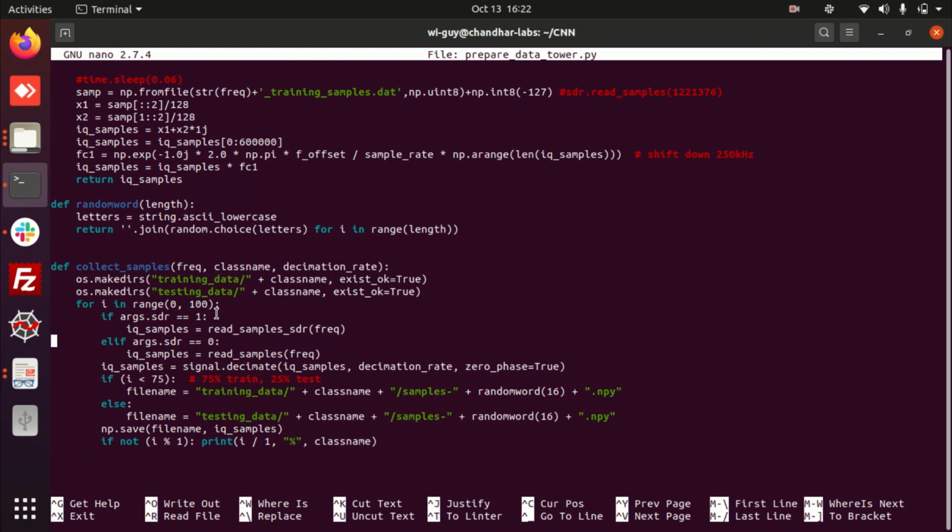So 100 samples. 75% of the samples I'm going to train, and 25% of the collected samples I'm going to test. That's why the training is 75%. Here I mentioned training 75. The rest of the samples I'm going to use for testing. So out of the 100 samples collected from the SDR, 75 are used for training the data and 25 samples are used for testing. If you increase this number, then this value also changes. You can select any ratio here, so 80-20 or 50% training, 50% testing. It is up to the designer's choice.